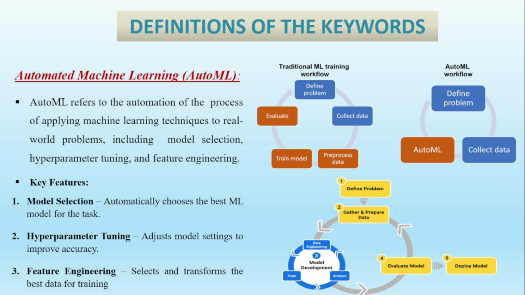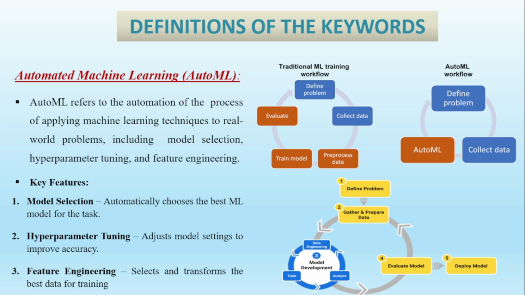Now, the key feature of AutoML is technology that automates the steps involved in applying machine learning. First, the key feature of automated machine learning is model selection. In machine learning, we select and input the data. In automated machine learning, we select the model that is best for classifying diabetes mellitus. We choose the model, not the data. We choose the best model for classifying anything.